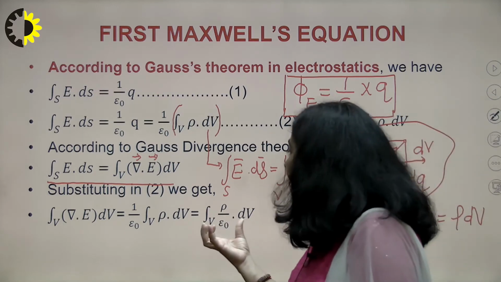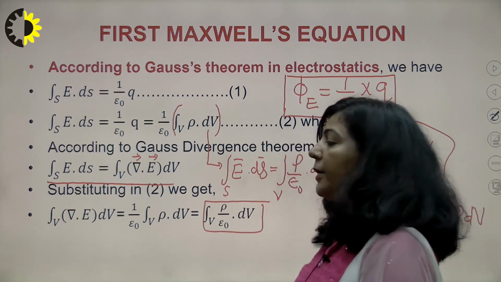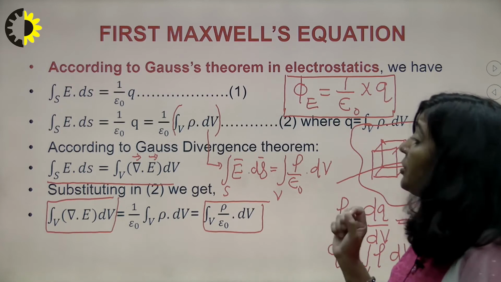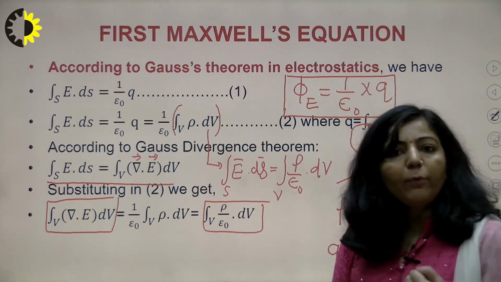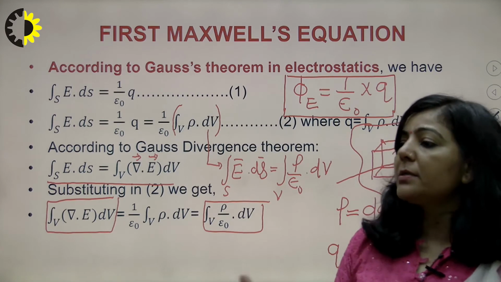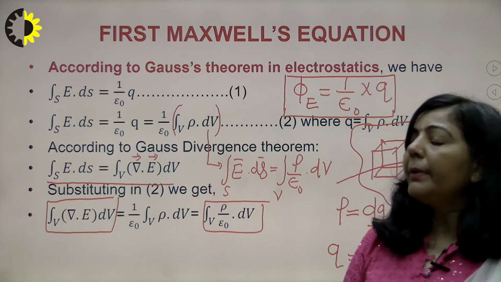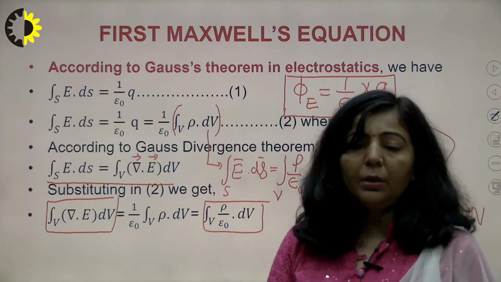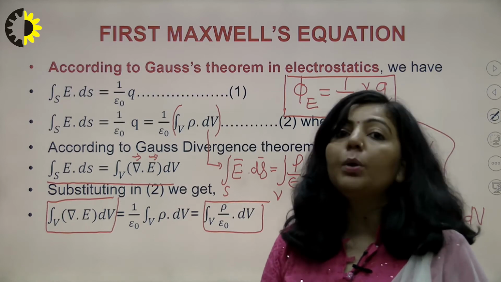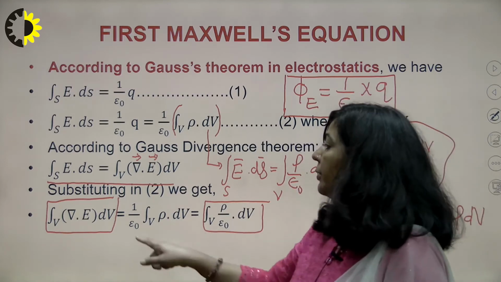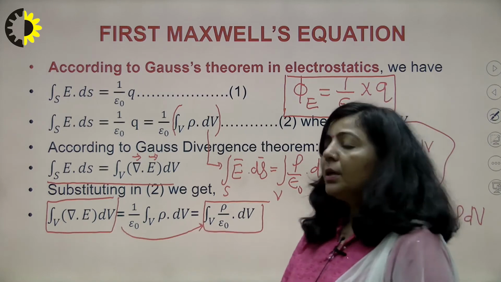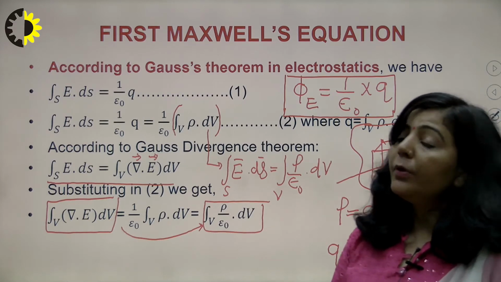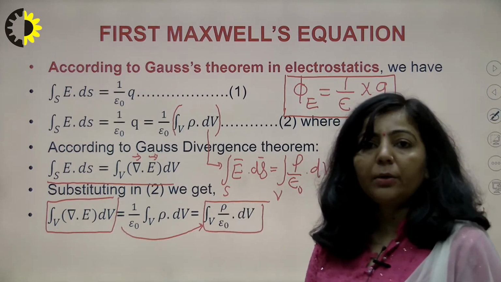So you have a volume integral here, which is the volume integral of rho by epsilon naught, and you have a volume integral here. And according to this equation, these two volume integrals are equal. So you have two different terms. Let the first term be x and the second term be y. So the volume integral of x is equal to the volume integral of y. That is according to the equation. If this is the case, then x should be equal to y. So according to this equation, the volume integral of divergence of E is equal to the volume integral of rho by epsilon naught. That is possible if del dot E is equal to rho by epsilon naught, right?